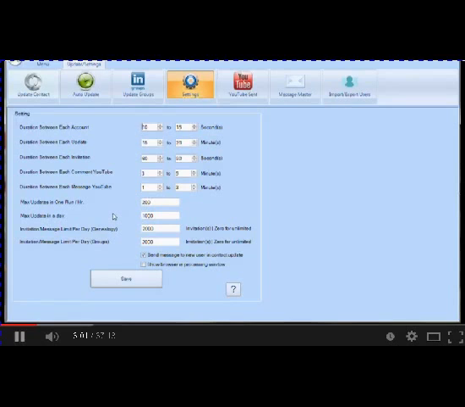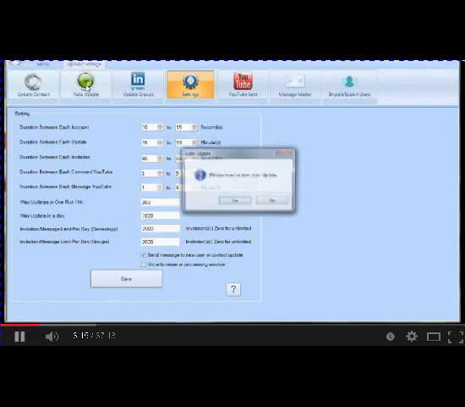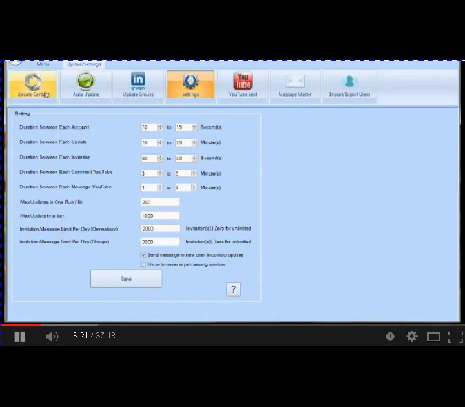Now, if you have more than 1,000 connections in your LinkedIn account, you're going to have to let it run longer than a day. If you got 2,000, you're going to have to let it run a little bit over 2 days, and so forth. And the first thing you do is you come here to Auto Update. You click that and you click Yes, and you let it run for as long as it needs to run,